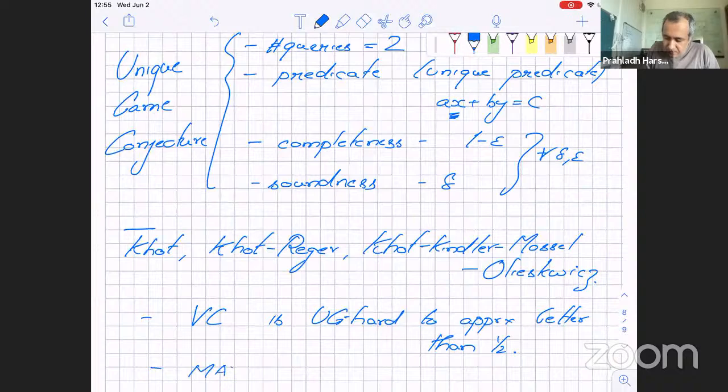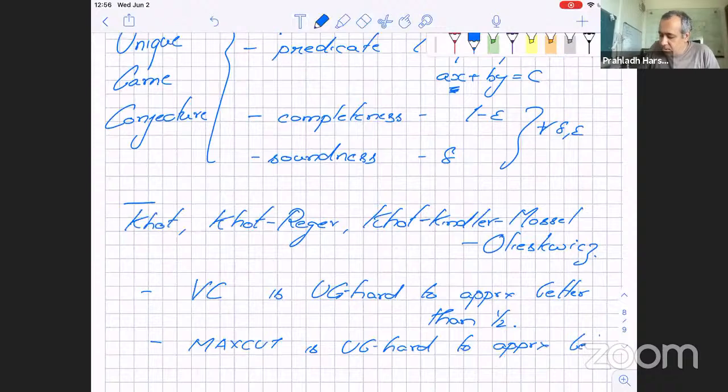Max cut is UG hard to approximate better than the Goemans-Williamson constant. So these are sort of known. So if you assume this PCP theorem on steroids, then you do get these other algorithms also happen to be optimal. So there's been a lot of work trying to prove that this PCP theorem